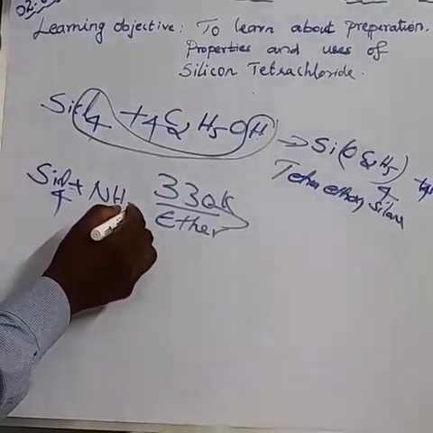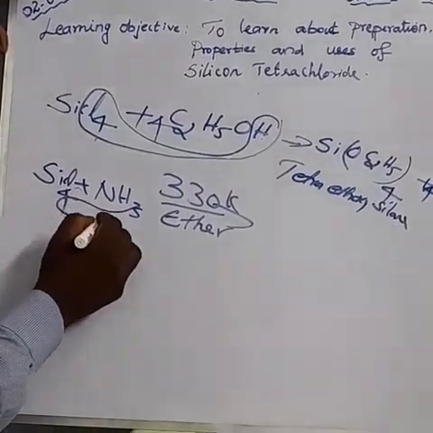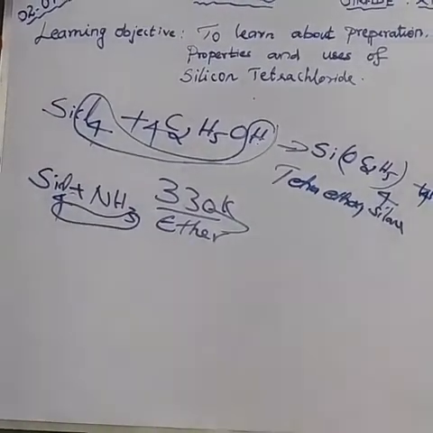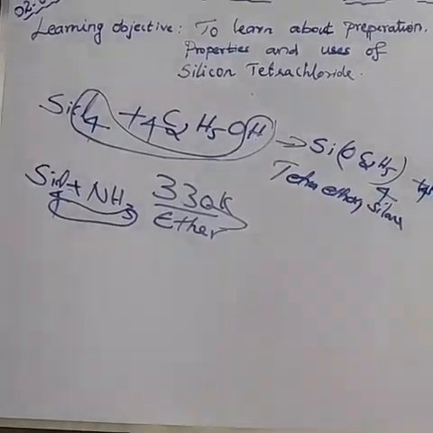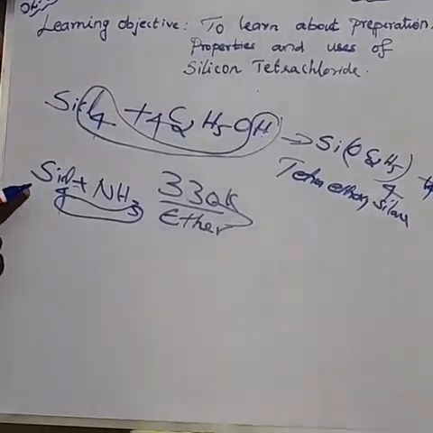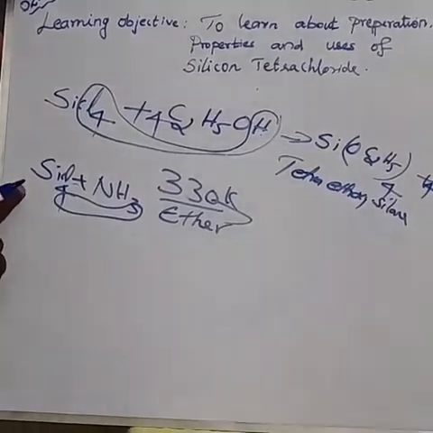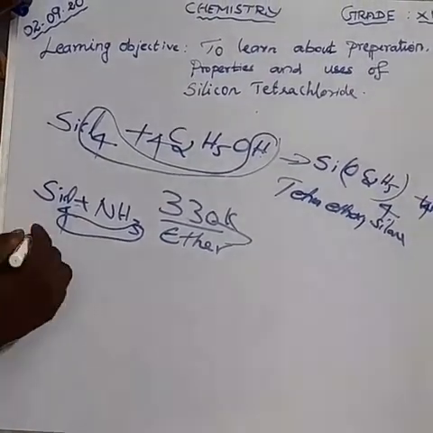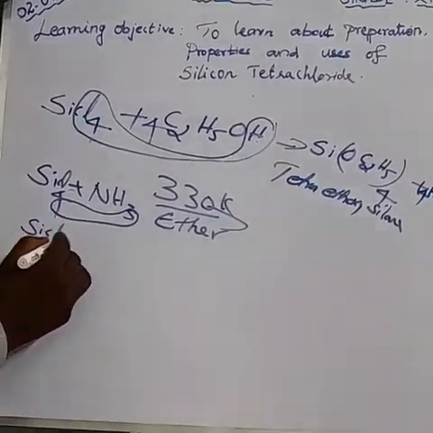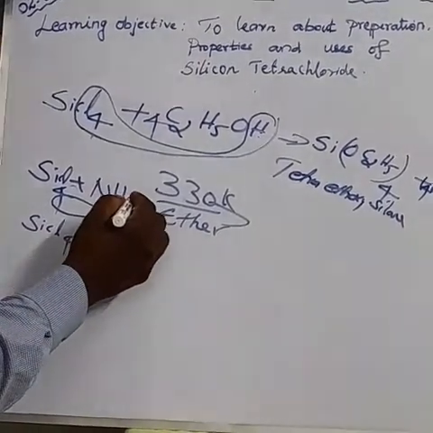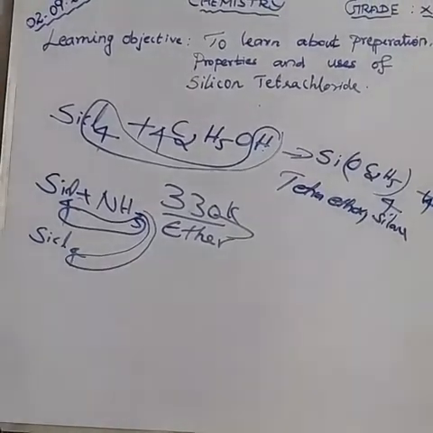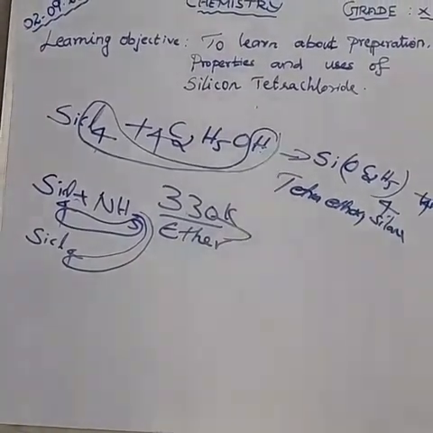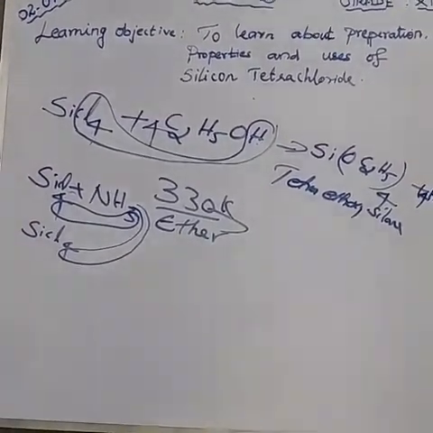One of the hydrogens combines with the chlorine to form HCl. Here we are taking 2 moles of silicon tetrachloride. How many moles of silicon tetrachloride? 2 moles, SiCl4. Again, another hydrogen combines with chlorine to form HCl. In total, how much HCl is leaving? 2 HCl leave out.